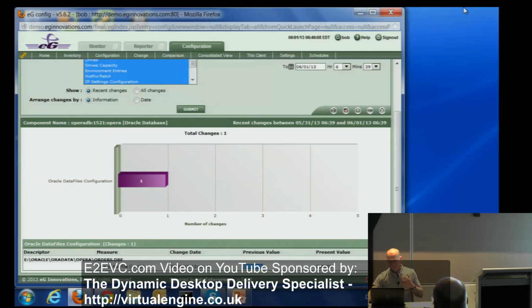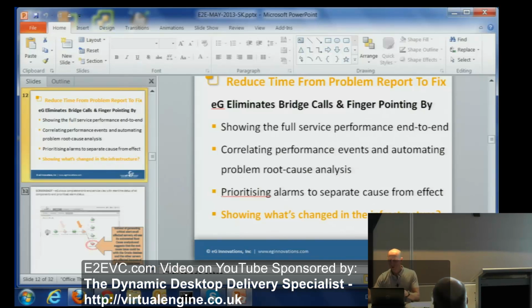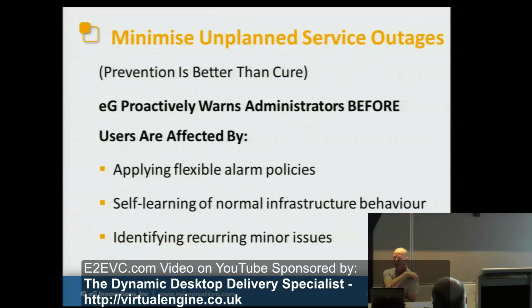Okay, so let's hit our third example. The third one we're going to look at is how we can help you to be more proactive, learn what's happening in your environment, and enable you to start looking at things before the disk space runs out, before the CPU goes off the chart, before those ICA latency issues become crazy and all the users start complaining. The way we do that is through flexible alarm policies, and we've also got auto baselining,